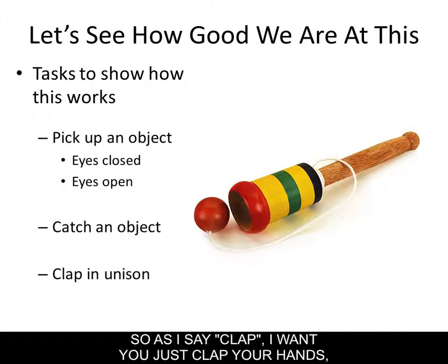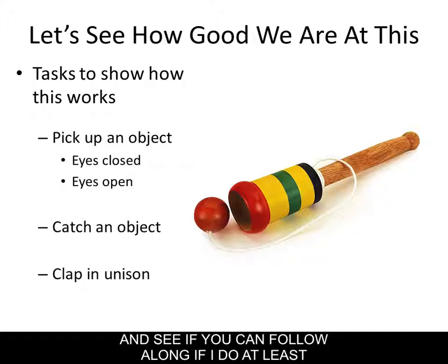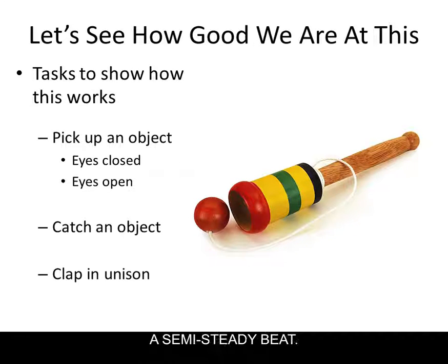So as I say clap, I want you to just clap your hands and see if you can follow along if I do at least a semi-steady beat. So here we go. Clap, clap, clap, clap, clap, clap. Now,